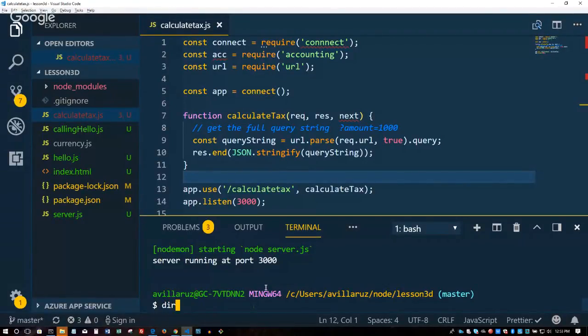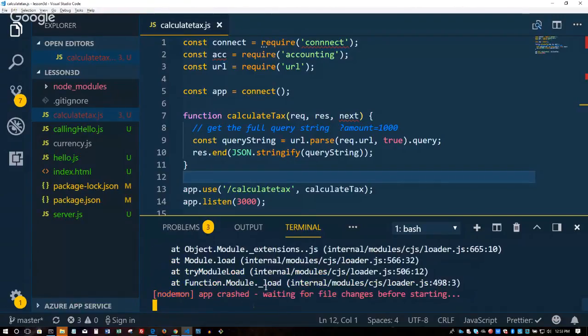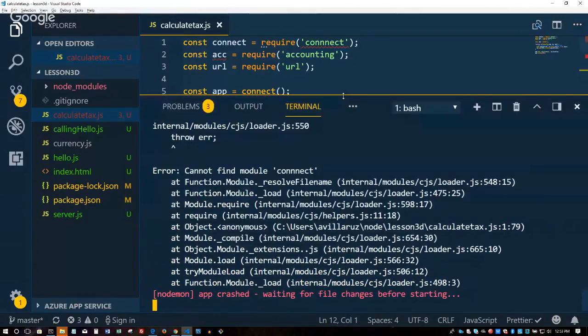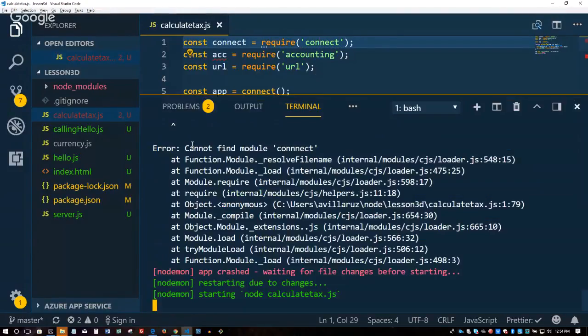Right? What did I say? Calculate tax. Yes. Nodemon calculate tax. And it crashed. What happened there? Oops. Throw error. Cannot find module connect. Okay, so I have one extra n there. Try that again. Oh, it restarted. Oh, that's right.